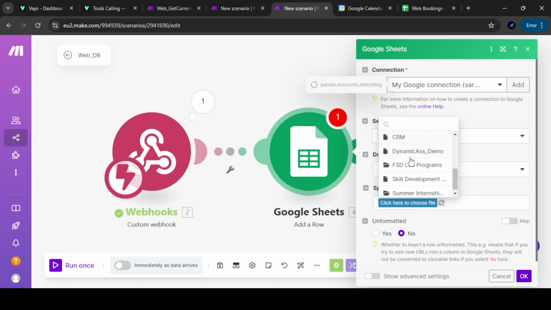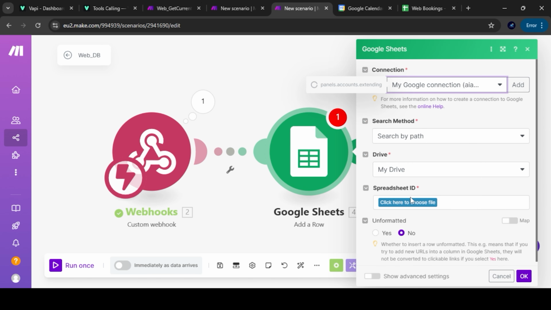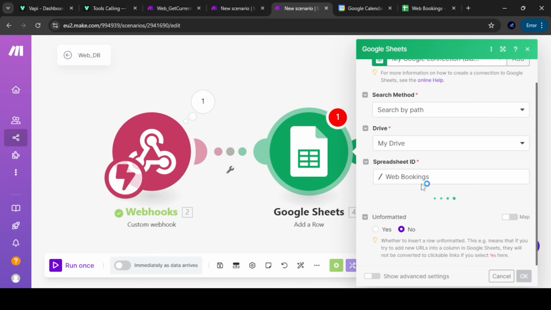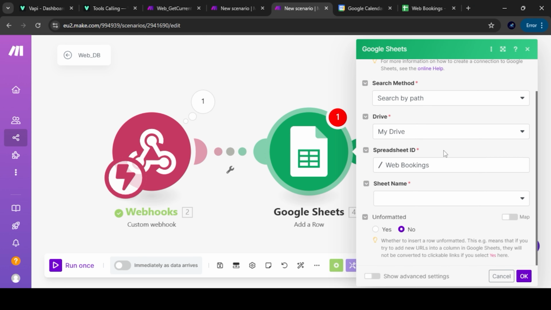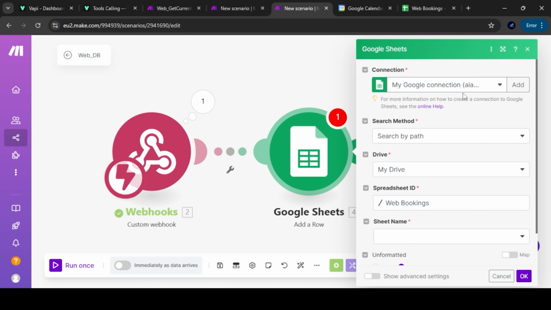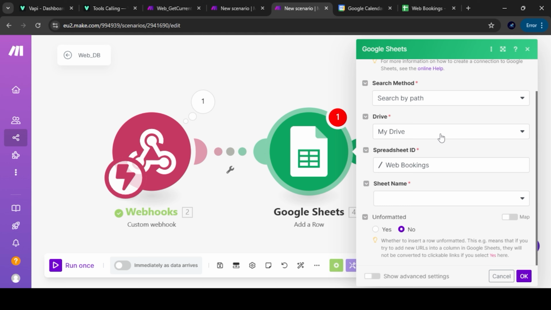Yeah, I guess we got it. Yeah, we got our Google Sheet. You guys have to just link your email ID so that you can access the spreadsheets from the drive. Earlier, it was a different email ID. So when I changed it to another email ID, it asks for permission. You can allow the permission, and then you can access the Google Sheet from the drive of that specific email. Sheet name will be sheet one.